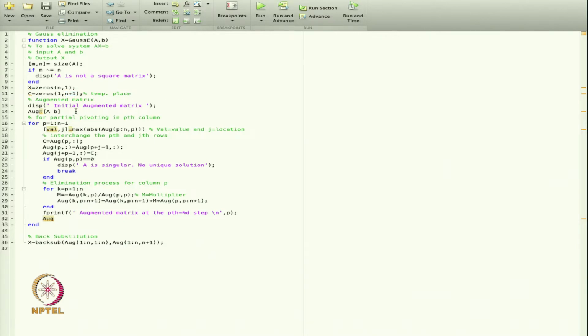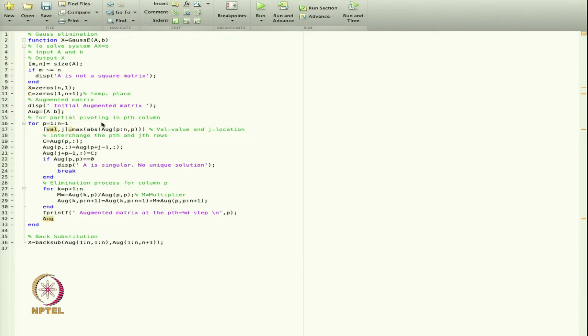Now I define the augmented matrix. Here I have written display initial augmented matrix, and I put the semicolon. I define a matrix AUG, the augmented matrix. This is the A matrix and the next column will be B.